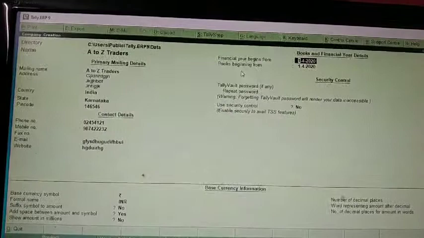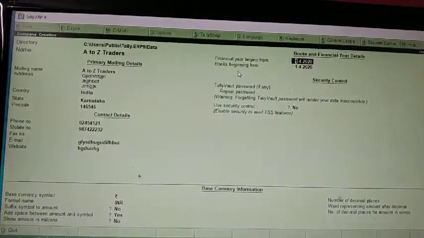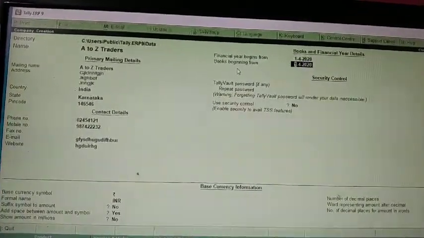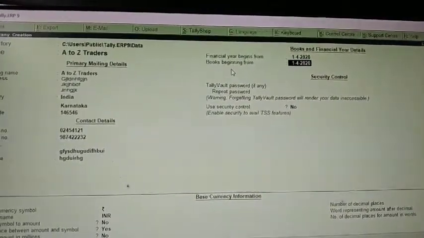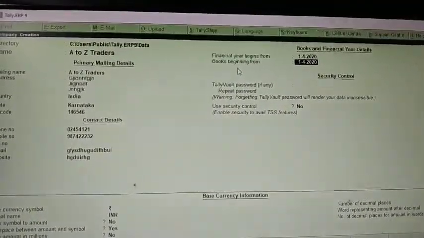Give enter if your financial year is 1/4/2020. Next, there is books beginning from. This is the date when exactly your data is going to begin.